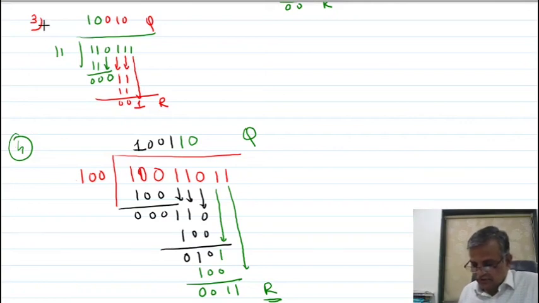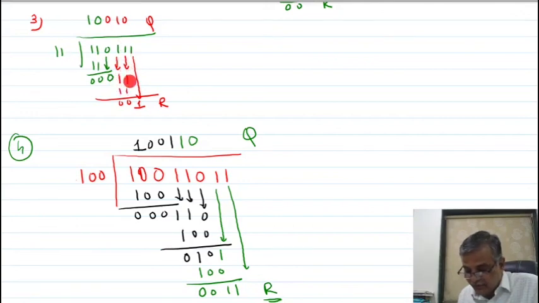Look, I am discussing problem numbers 3 and 4 again. See, 110111 divided by 11, in a similar way as you did in decimal. This multiply 1, you will get 11 here. So 1 minus 1, 0. I have taken this down. Once you take it down, you have to put the 0 because this 0 cannot be divided by 11. Then I am taking 1 down. Here again I put the 0 because 01 cannot be divided by 11.